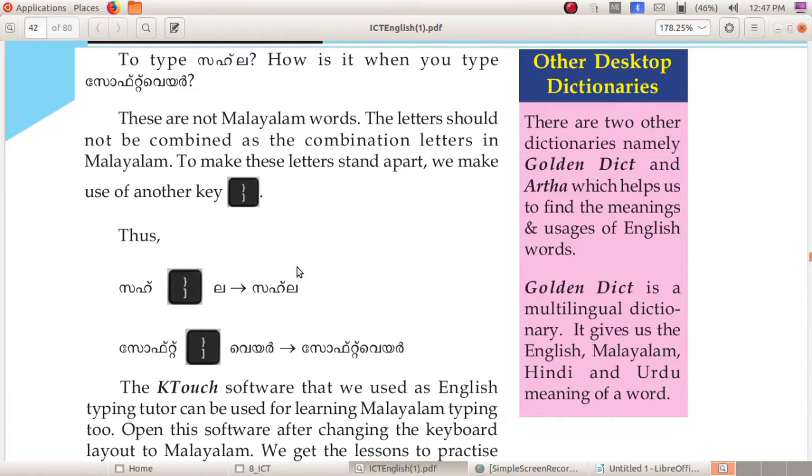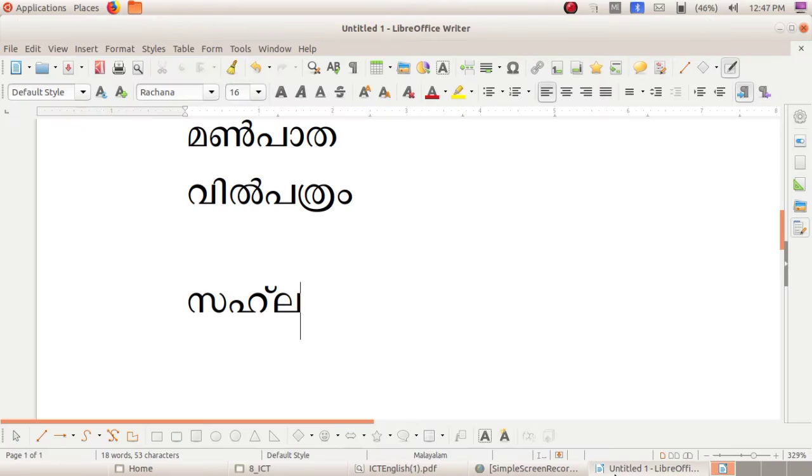Okay. Next, I am going to type software. So, then Fa, soft. Next I am going to type T. Okay, let us see what happens. See, it comes combined. Okay, for avoiding that, we can press the closing square bracket. After that, you can type T. Okay.